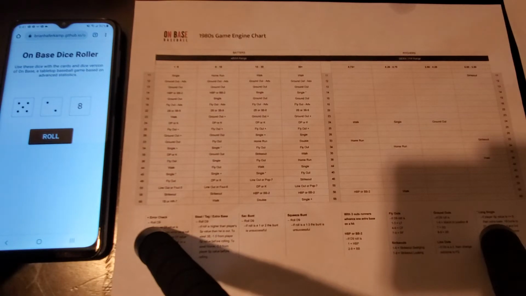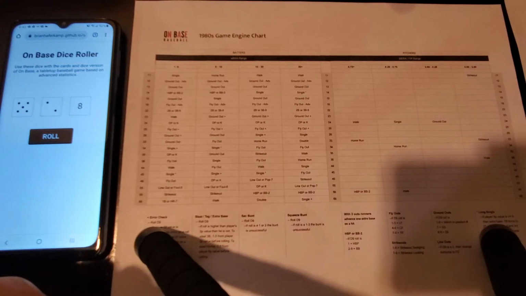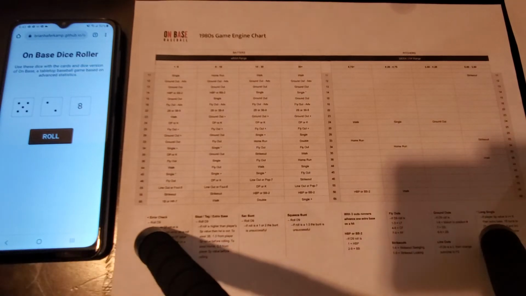We need to find a pitcher for Montreal, so let me do that real fast. All right, we're going to go with Andy McGaffigan. McGaffigan with the 3.33 FIP. So he'll be pitching out of column 1, and his stamina is 12, so that should get us through maybe the next few innings, hopefully, if he pitches well.